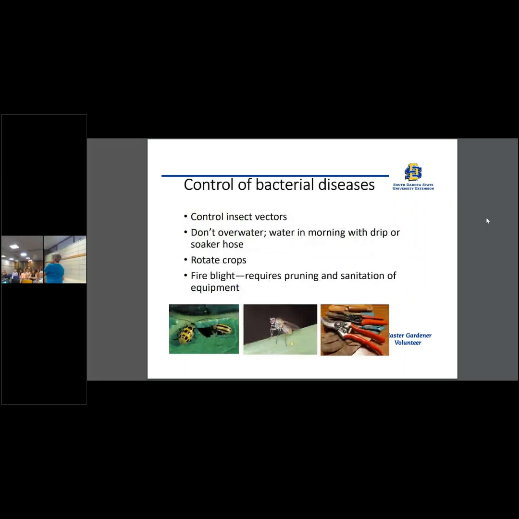Okay, controlling insects is very important because that's what creates the injury to the leaf that allows the bacteria to get in there. Now, we have done a number of programs on insects with the seed library,